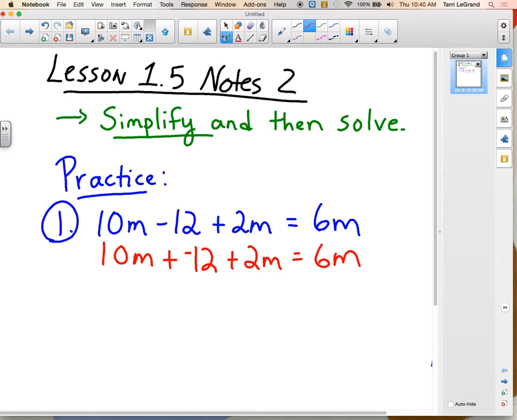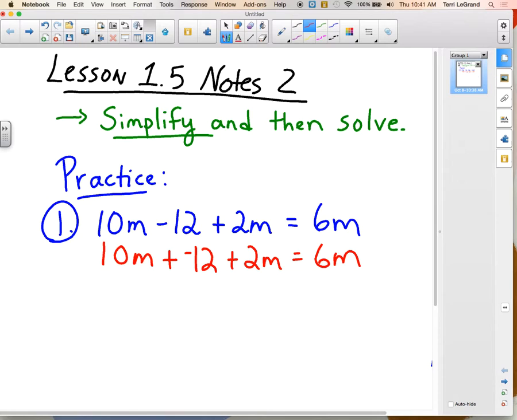Okay. Can we do some simplifying? The 10m and 2m are on the same side. Because notice we got m's over on the other side too, don't we? So can we just bring all three of them together now at the same time? No, we have to work